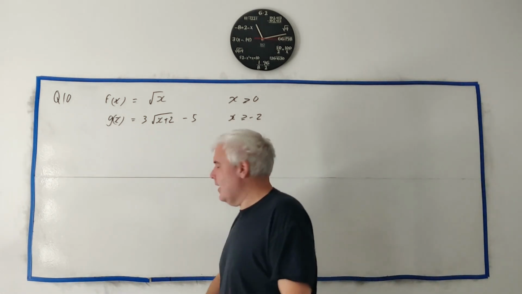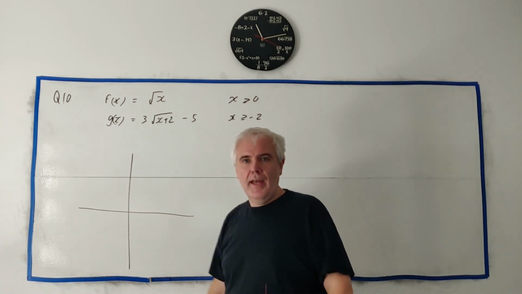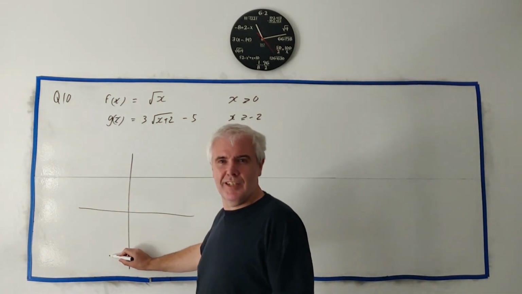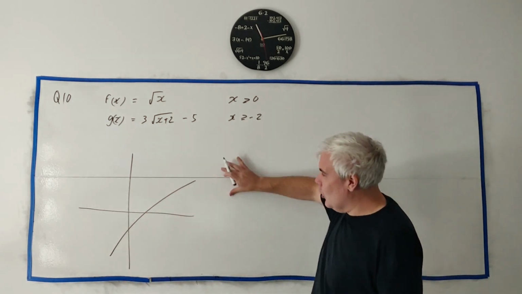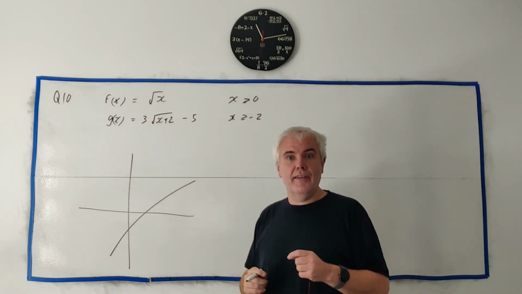In part B, they give us a sketch of g(x). Now I have a problem with this question. I'll write what they've given us first. It looks fairly crappy, something like that. It barely looks like a little curve in it. And they want us to sketch the